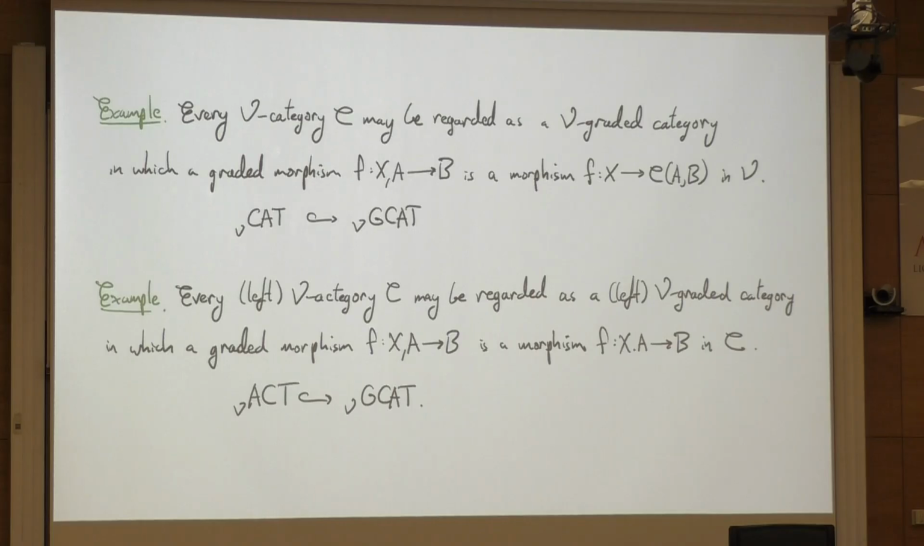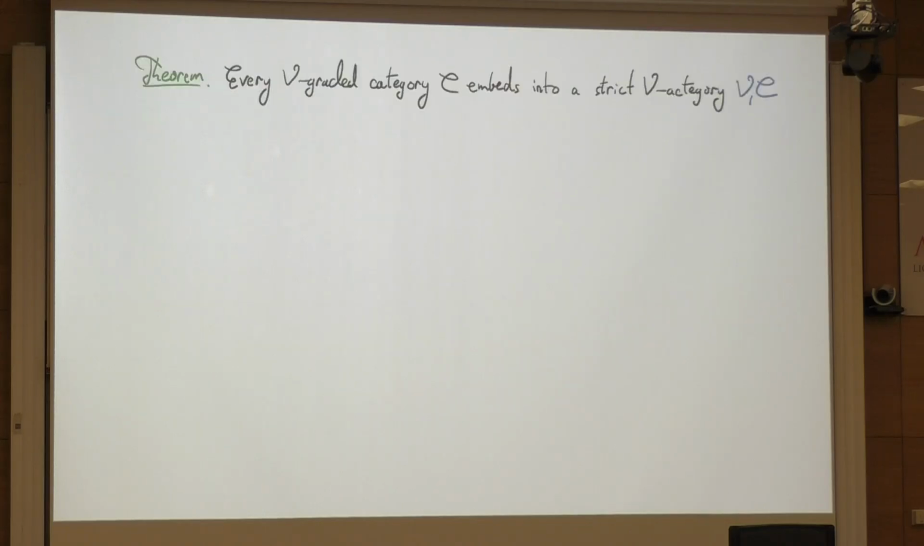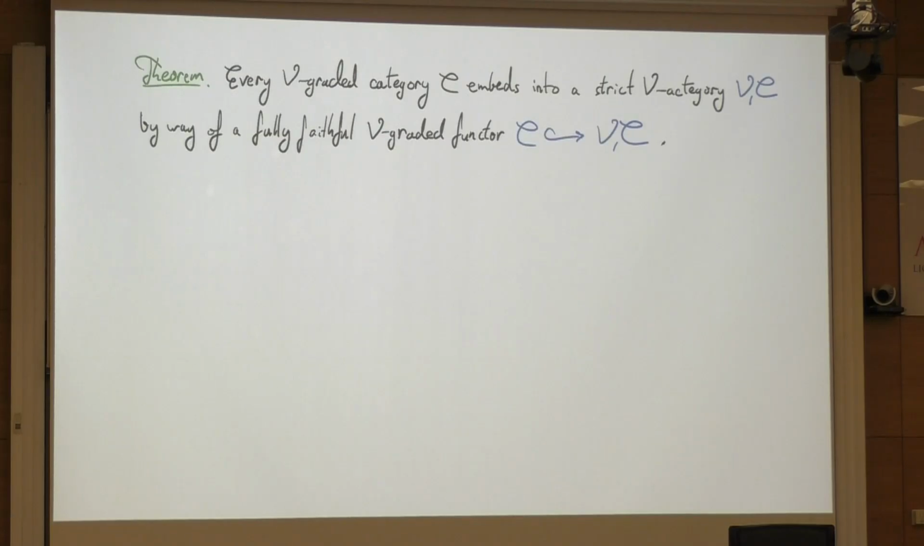So the two category of V actagories with lax morphisms of V actagories, or strong functors, embeds as a full sub-2 category of V-graded categories. We have a fully faithful 2-functor. All right. And a further result that we'll make use of is that every V-graded category embeds into a strict V category that we write in this way as V-tic-C, by way of a fully faithful V-graded functor from C